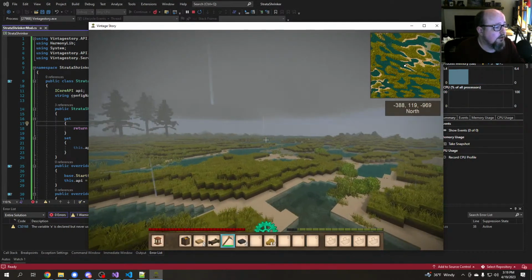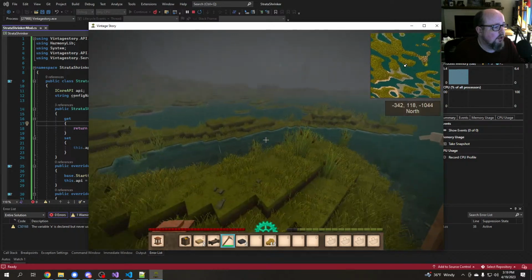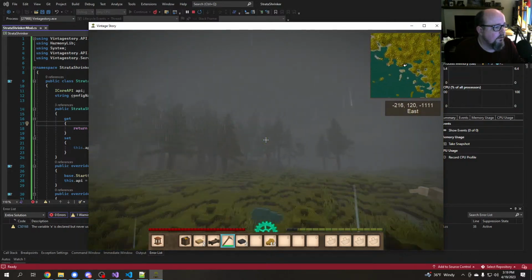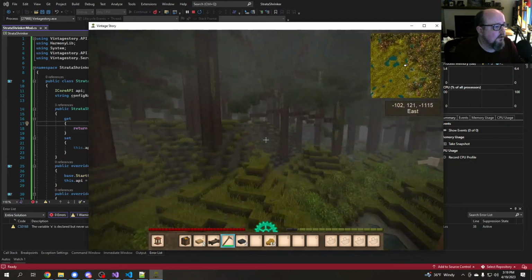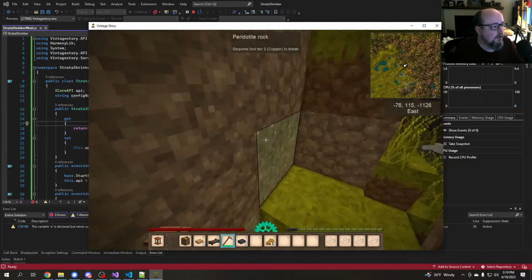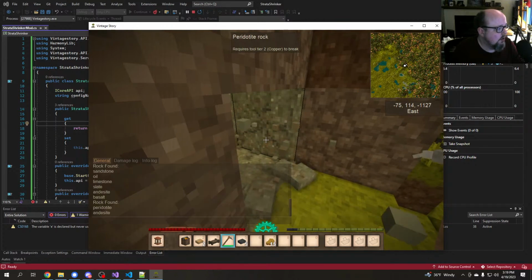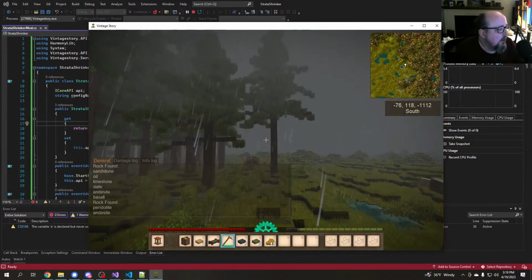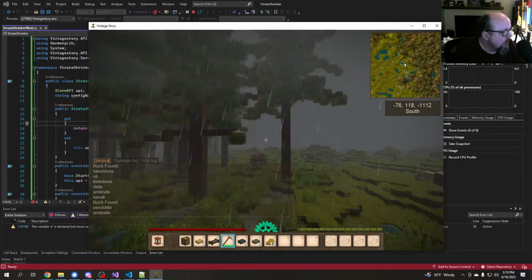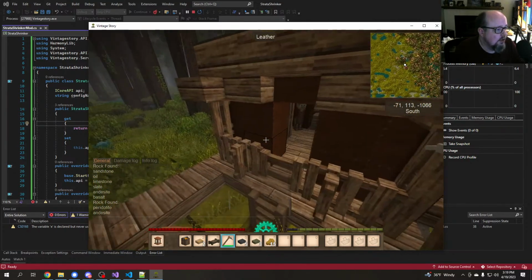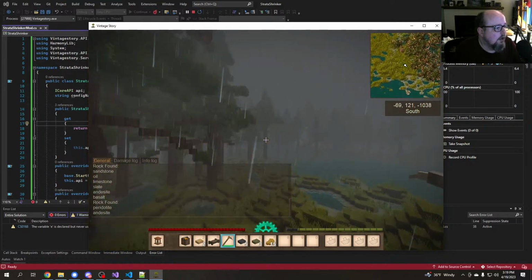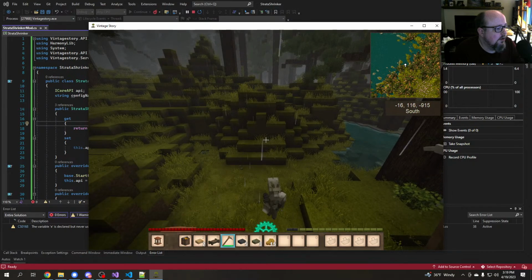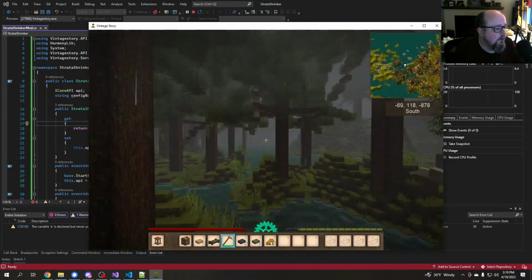This terrain, just a nightmare of water. So peridotite, andesite. So what would happen